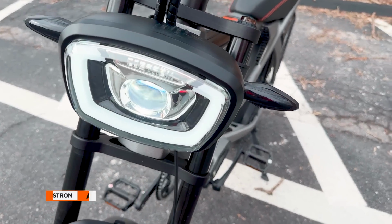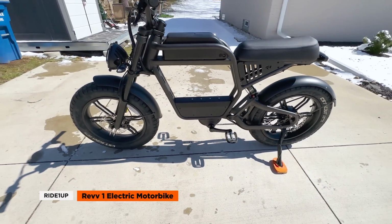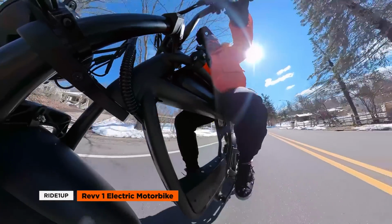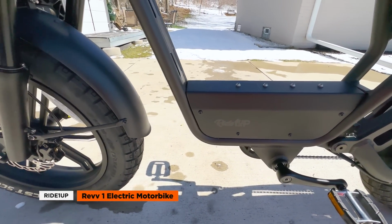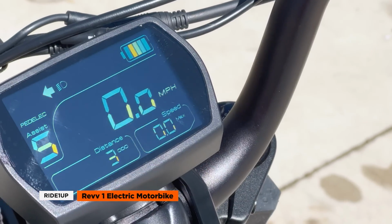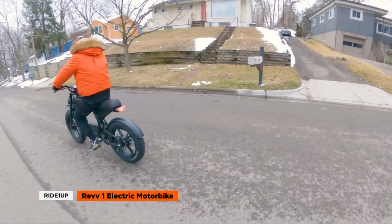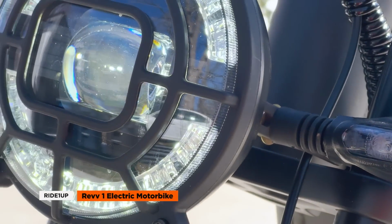the crowded e-moped market. The Ride1Up Revv 1 is the most affordable, has a full suspension system, and has a great reputation for releasing simple, quality bikes at a solid price point. Now, there's something to be said about an e-bike that's designed to be as minimalist as possible despite all the bells and whistles of an electric moped. Ride1Up took their time to release the Revv 1, and it shows. For anyone who already owns one of their e-bikes, I can see the Revv 1 as a solid complement to